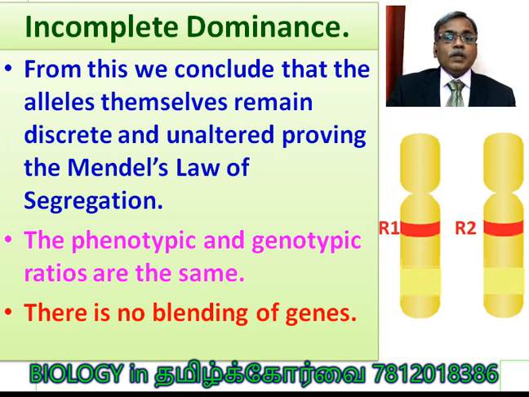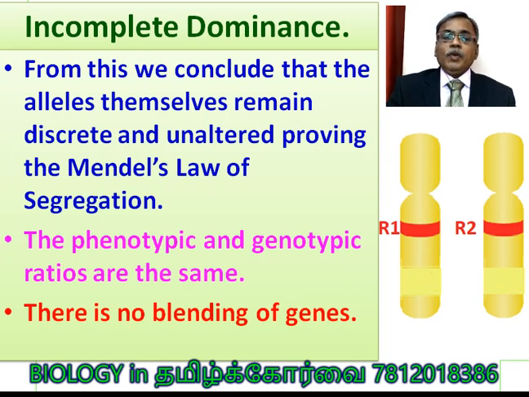That is the reason it is called no blending: the alleles are discrete, independent units. They are able to segregate themselves when the F1 generation plants produce gametes. So R1 segregates from R2, and R2 segregates from R1. That is the reason, students, it is able to produce red color flowers individually and white color flowers individually,